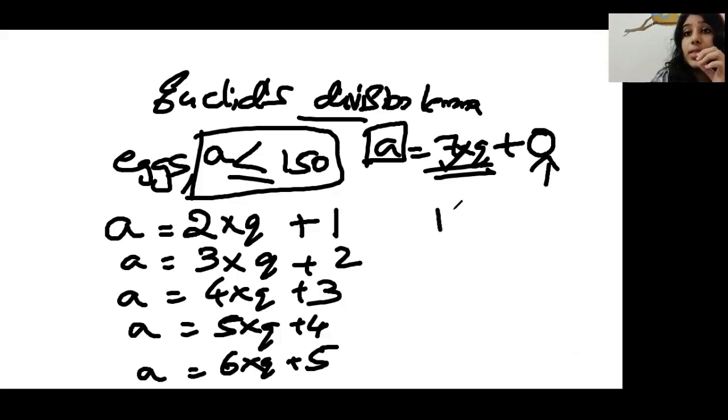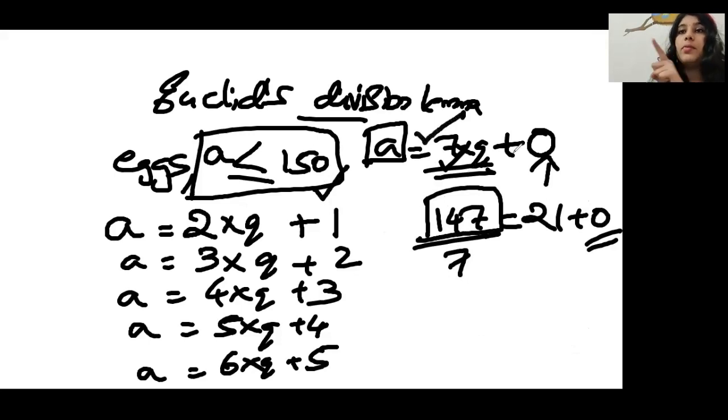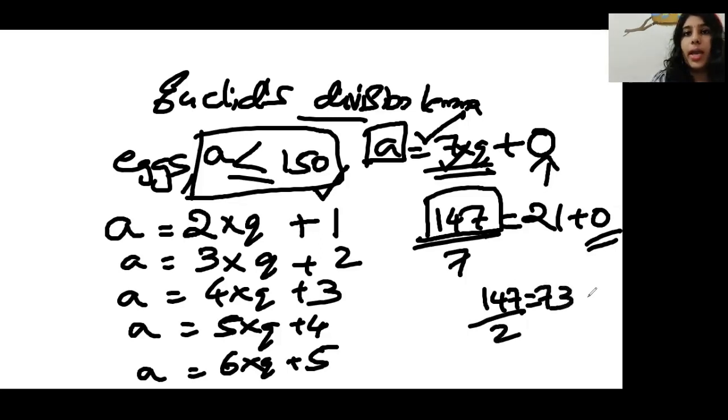Any number you feel is near, so 147 we will take. Suppose I'm taking 147. If I'm dividing 147 with 7, what will happen? 7 2s are, 7 1s are. I'm getting the remainder 0. But it does not mean that this is the actual value, because this particular number should satisfy all these equations. This is a number less than or equal to 150. That is satisfied. This is a number which, when divided with 7, gives the remainder 0. That is also satisfied. But what will happen if you divide with 2? Just check. 147 is divided with 2. 2 7s are, 2 3s are. Okay. And what is remaining? Yes, 1 is remaining. That is also satisfied.